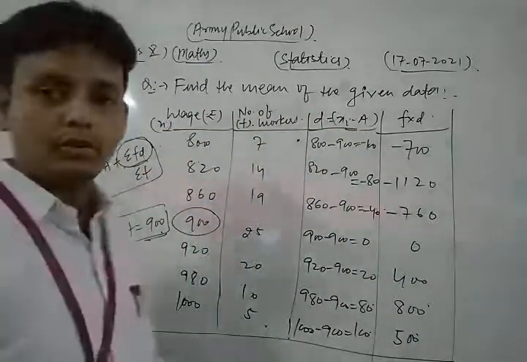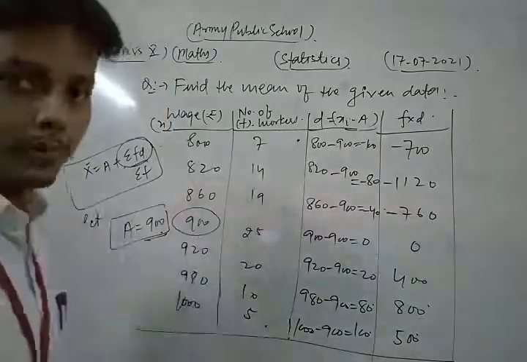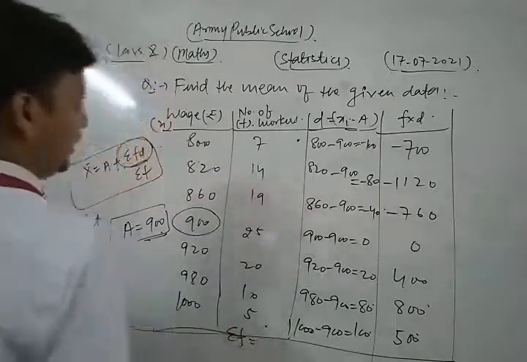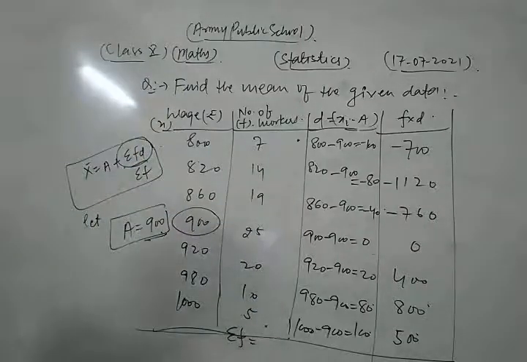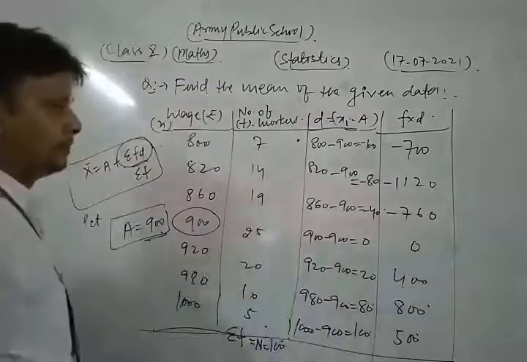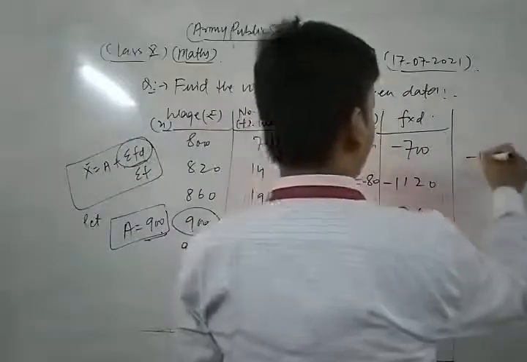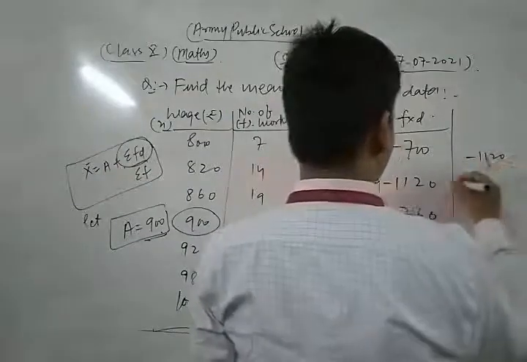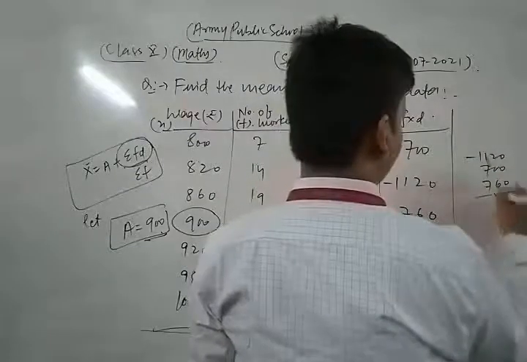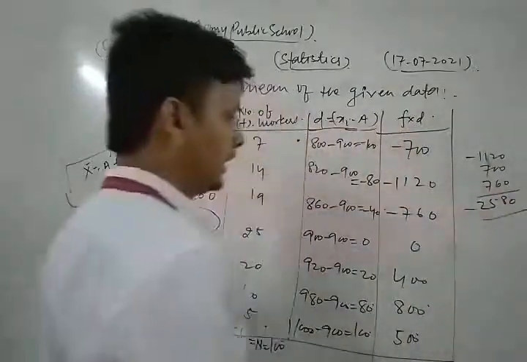For finding the mean of the given data, for now we are finding the value of sigma f as well as sigma f into d. Now here the value of sigma f, we add these, so we get sigma f, which is also equal to n, that is 100. Now we add these. First of all we add the minus terms, minus 1120, this is 700 and 760, so we get minus 2580, and here